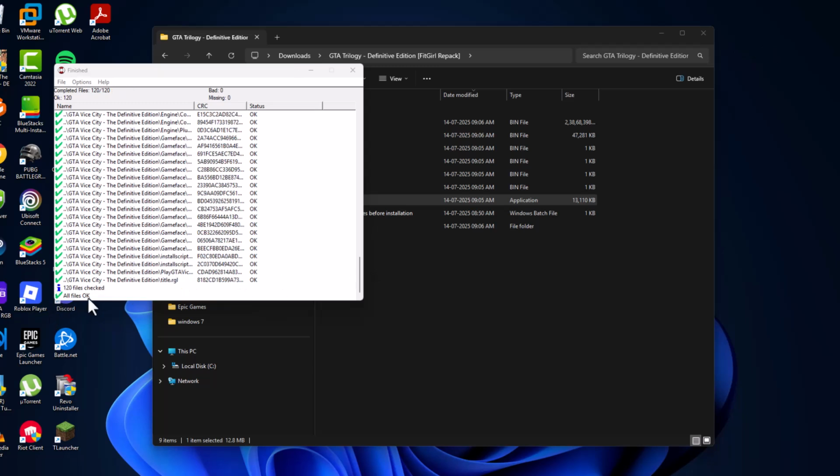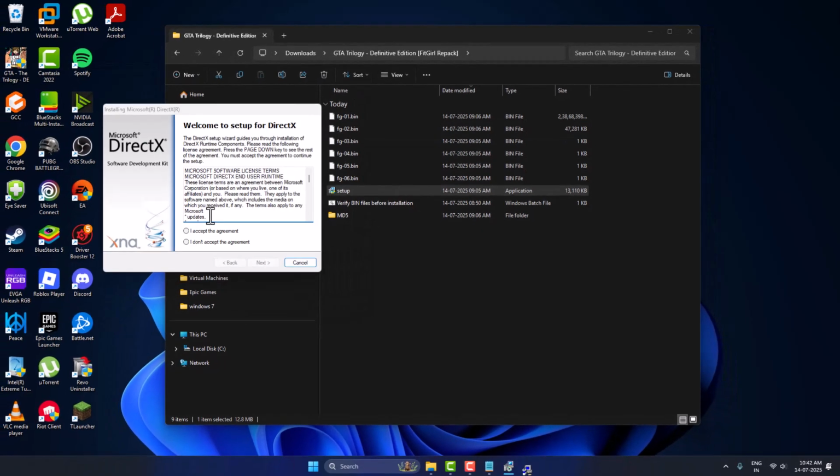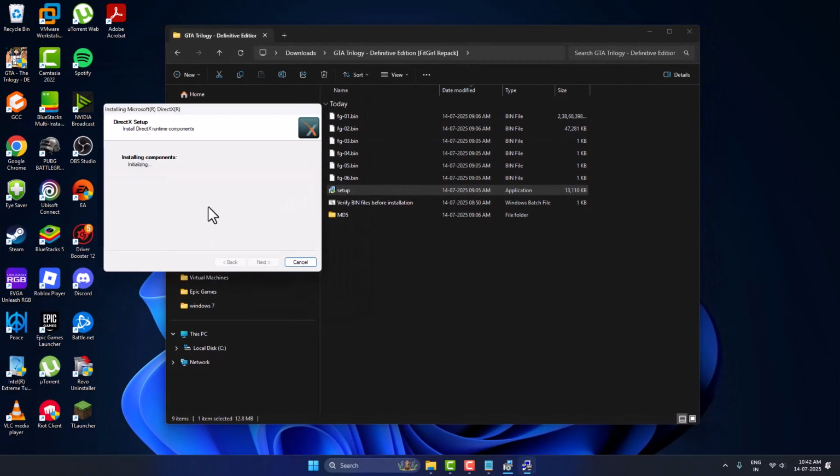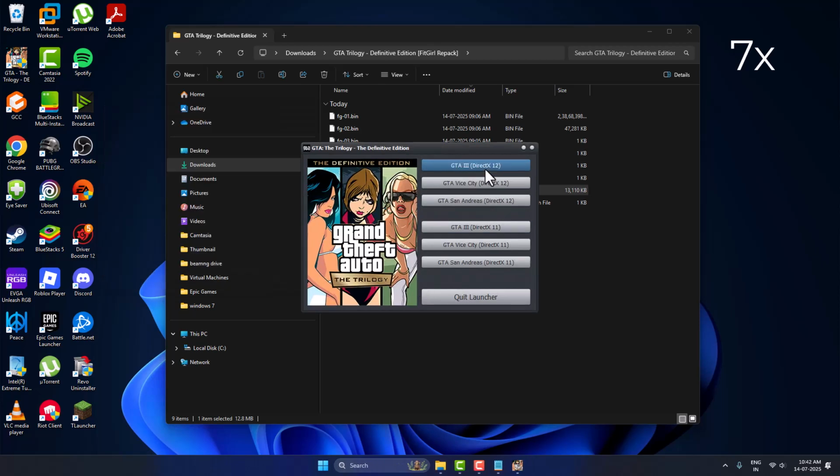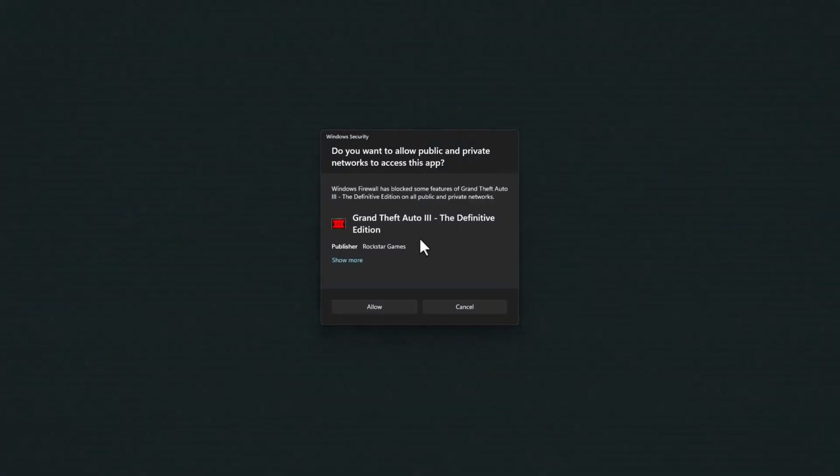As you can see, all files are okay. There is no missing or bad files found. Just close stuff here and install the DirectX and Visual C++. Just need to select the allow option,